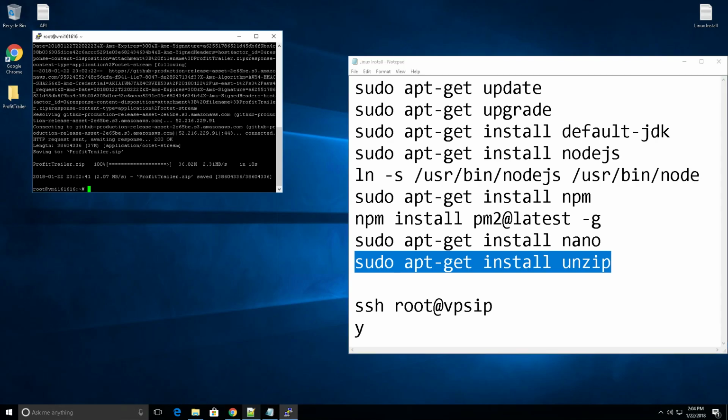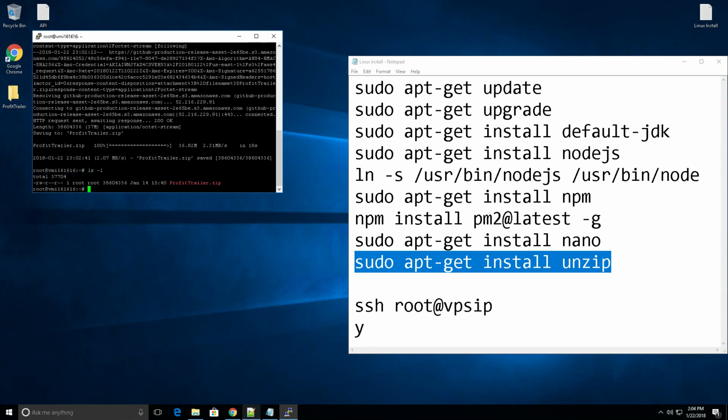All right, so now that we have downloaded ProfitTrailer.zip right onto our VPS, to check that, we can use this command ls space -l. It will list out all the files and folders inside the folder that we are on right now. So we can see that we already downloaded the ProfitTrailer.zip file right here. So to unzip it, we want to use unzip space ProfitTrailer. Just type this out. You don't have to type the whole thing out. Just type a few letters of the name of the file, and then